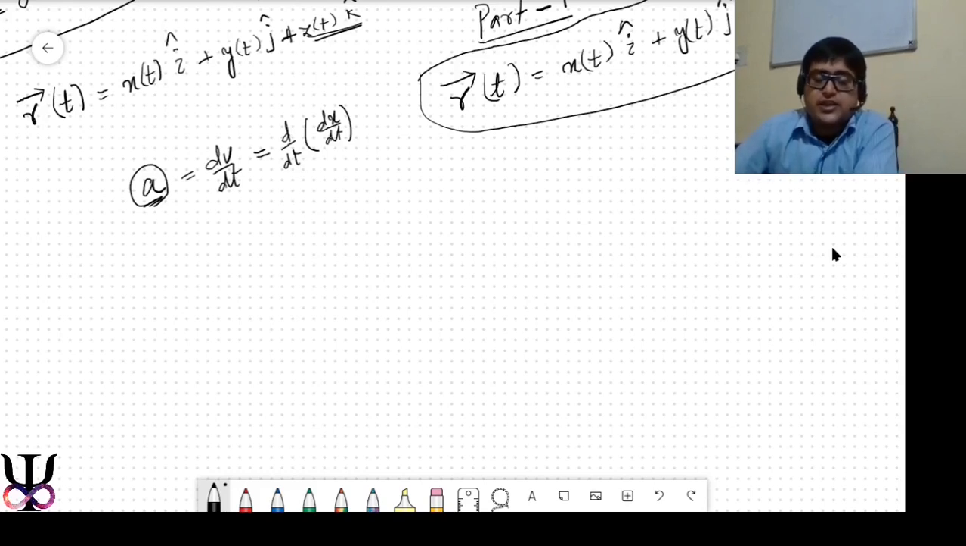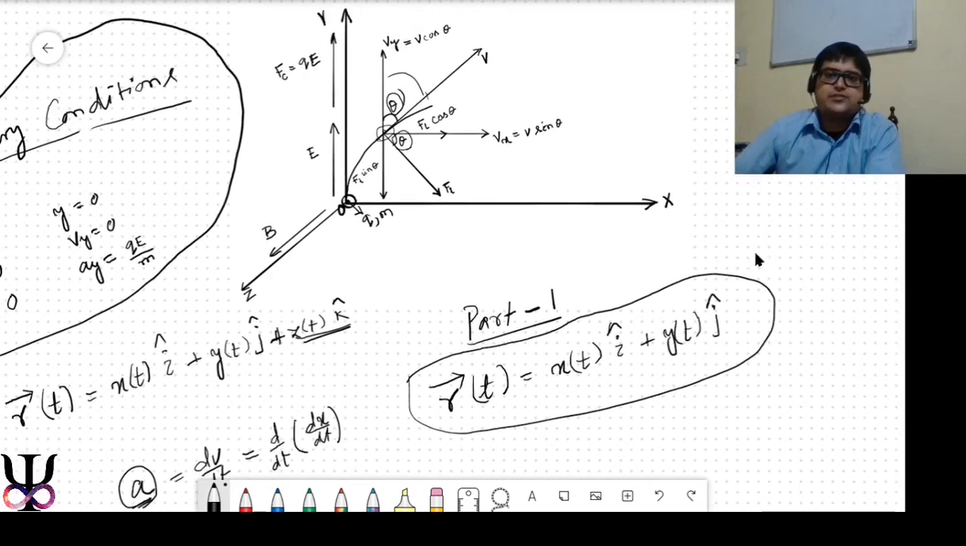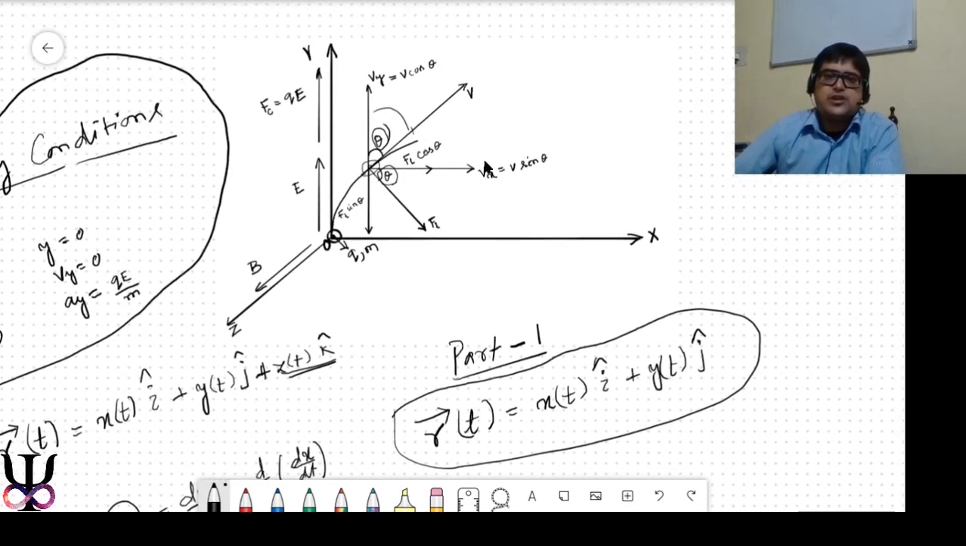How do we find ax? In order to find ax, ax is nothing but Fx, the net force along the x-axis, upon the mass of the particle. And what is the net force along the x-axis? From this we can see that it is the x component of the Lorentz force, which is Fl cos theta, because this angle is theta. The vertical component is going to be Fl